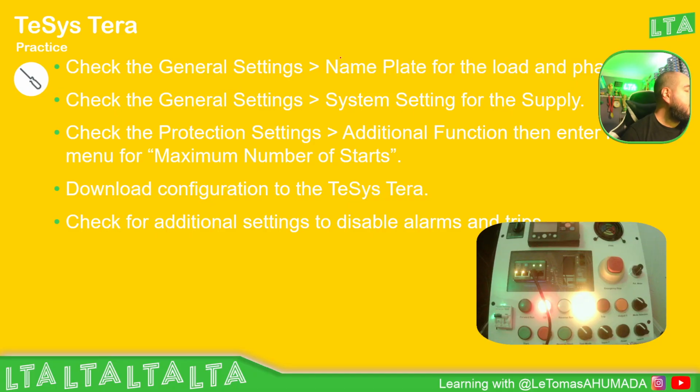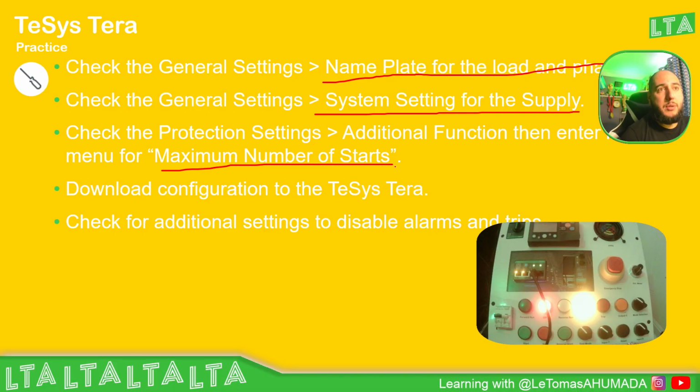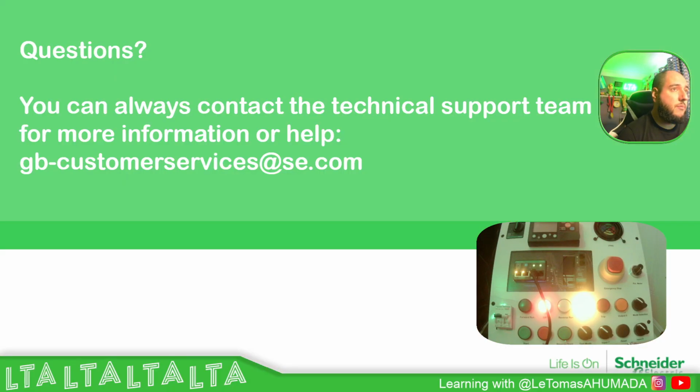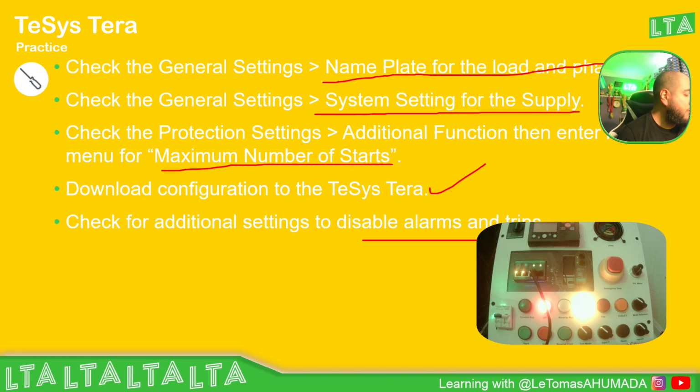So, okay, we just need to check phases to supply, additional functions, the maximum number of starts in case you need it. Okay, we already did that. Download it and check for additional settings and disable alarms and trips. In my case, I didn't have anything else, so it's working fine, which is good. This is what we wanted, and this is it for the forward and reverse on